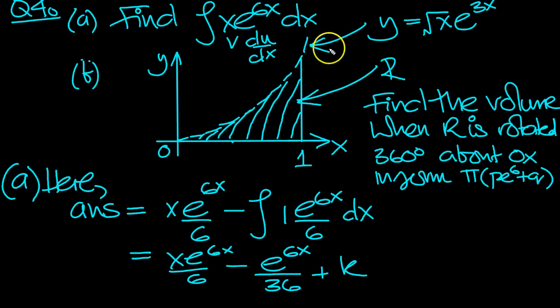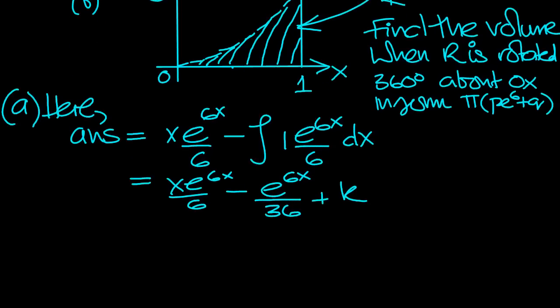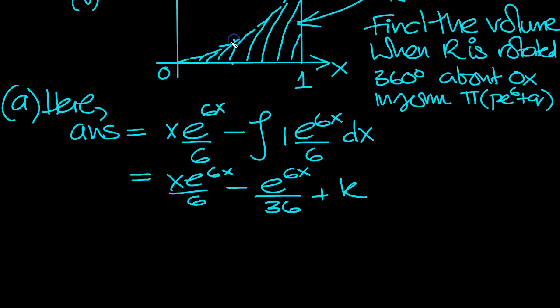So here this curve is root x e to the 3x, isn't it? Find the volume when it's rotated about OX, this volume here. So you've got basically cylindrical discs here, thickness delta x, height y. So here, part B then. So the volume